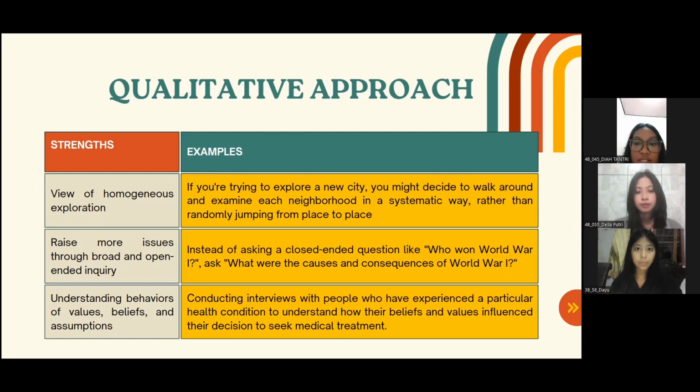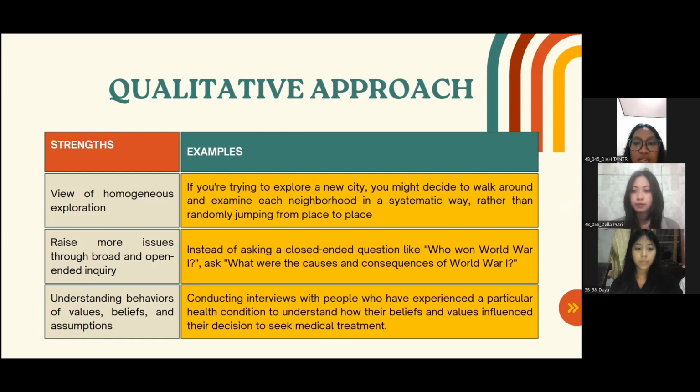For example, instead of asking a closed-ended question like who won World War One, which only has one correct answer, you could ask a broad and open-ended question about World War One.